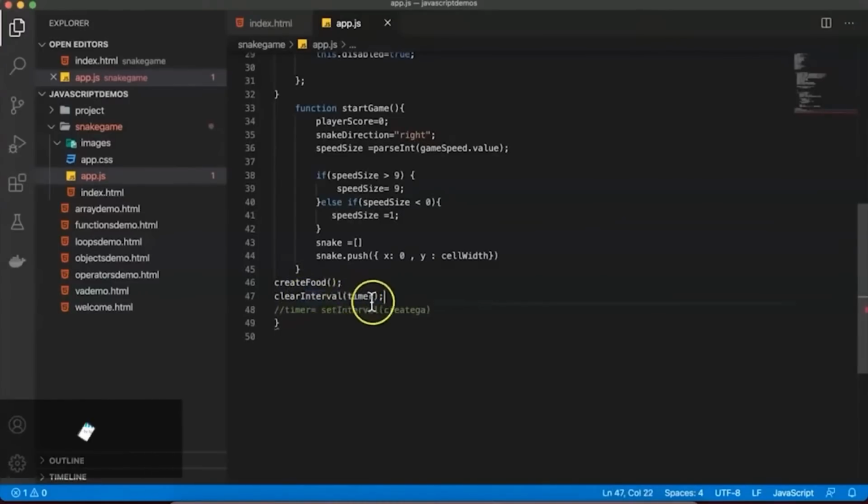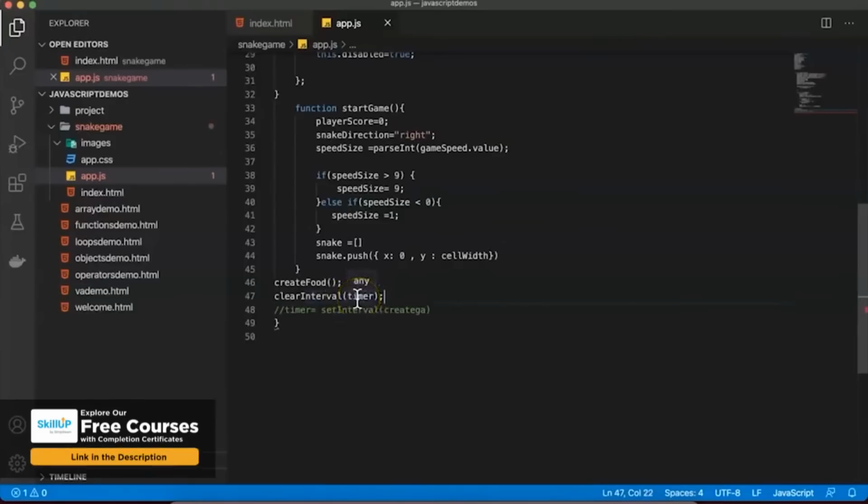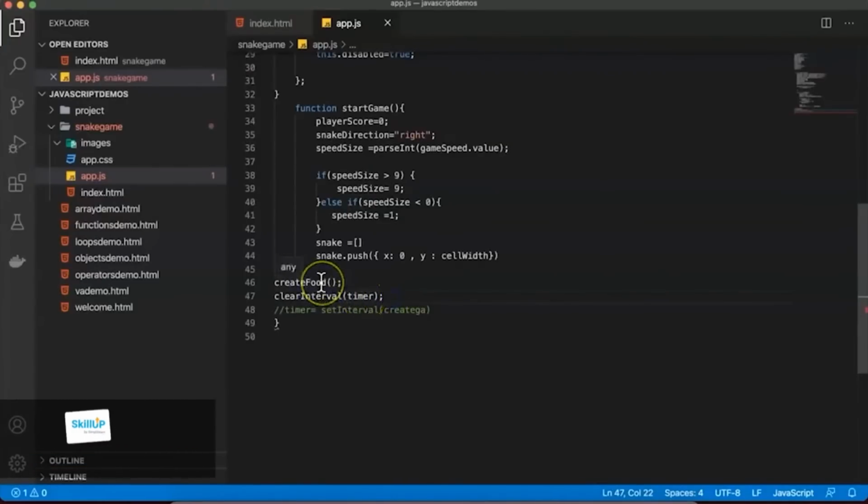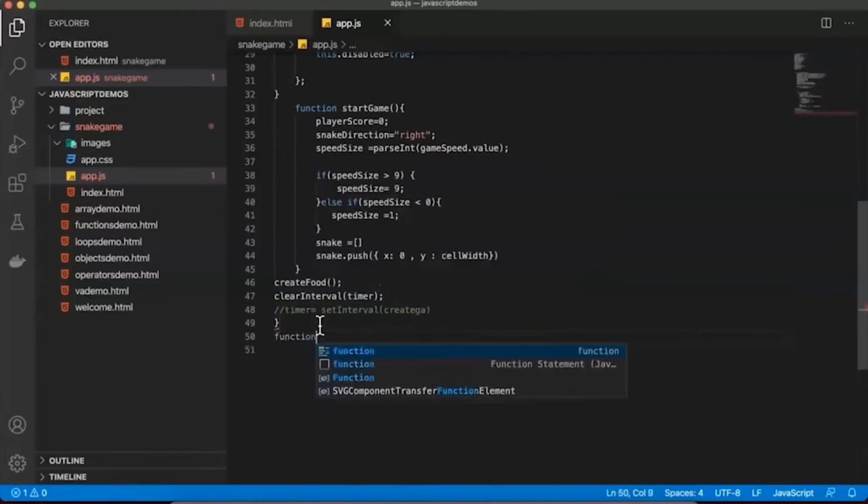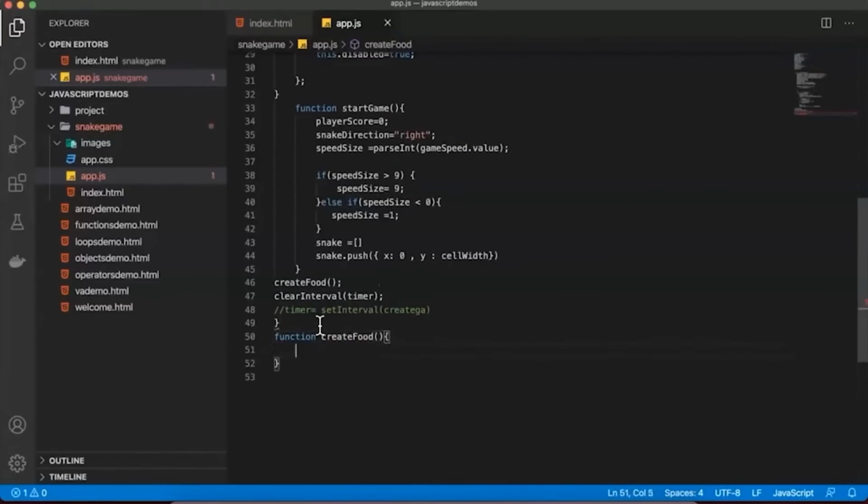In this create interval we'll be passing any parameters which we passed as a timer here, and here we are calling create food. So after that we'll be calling this function called create food. So let's go and say function create food, and let's write the logic here. And what logic do we want to write in create food? We say snake food equal to,